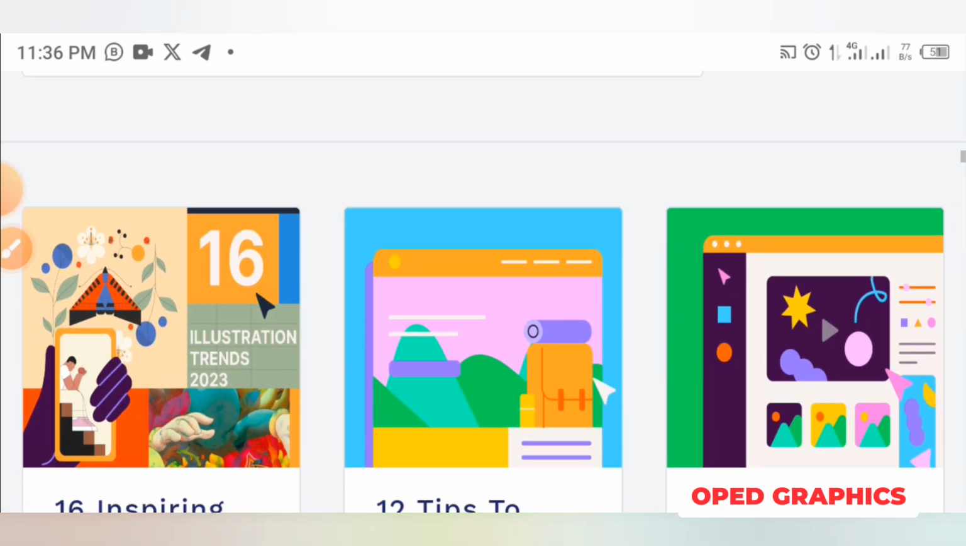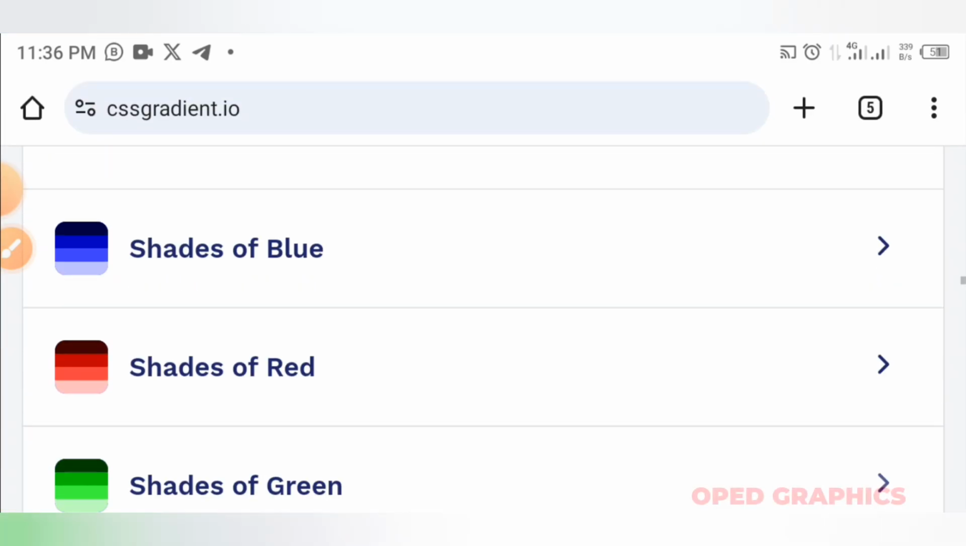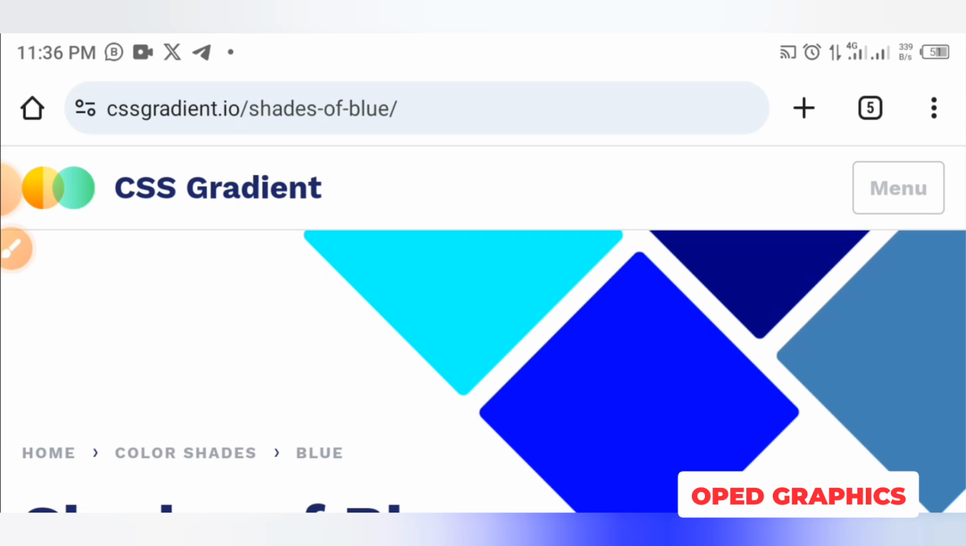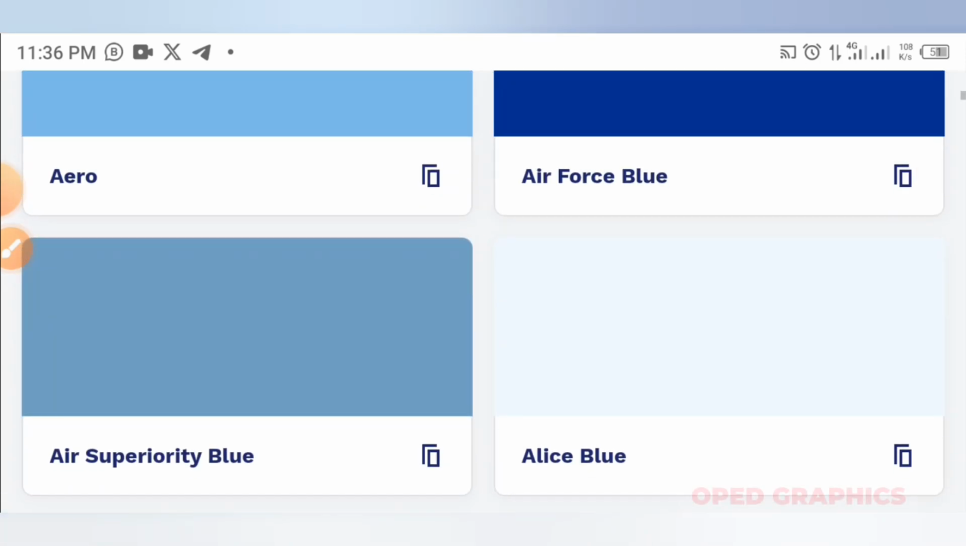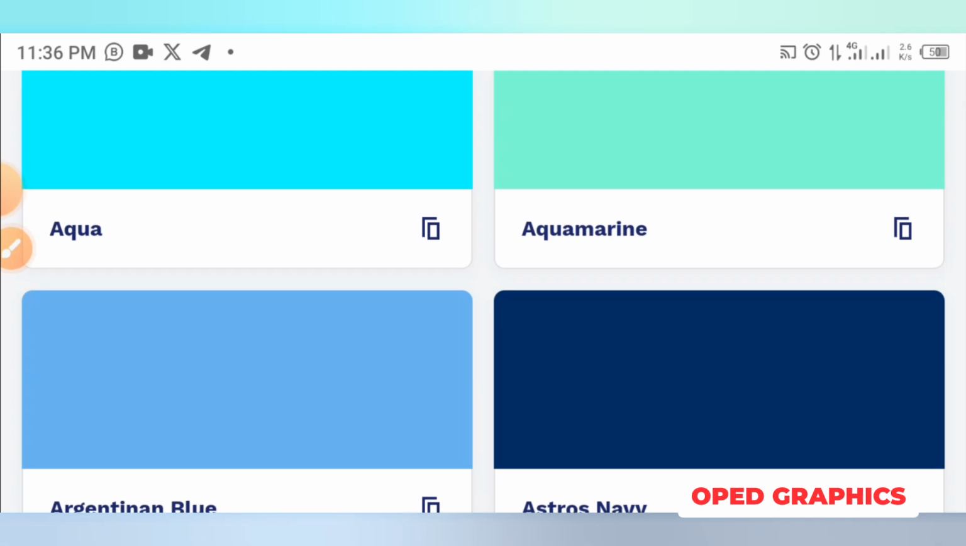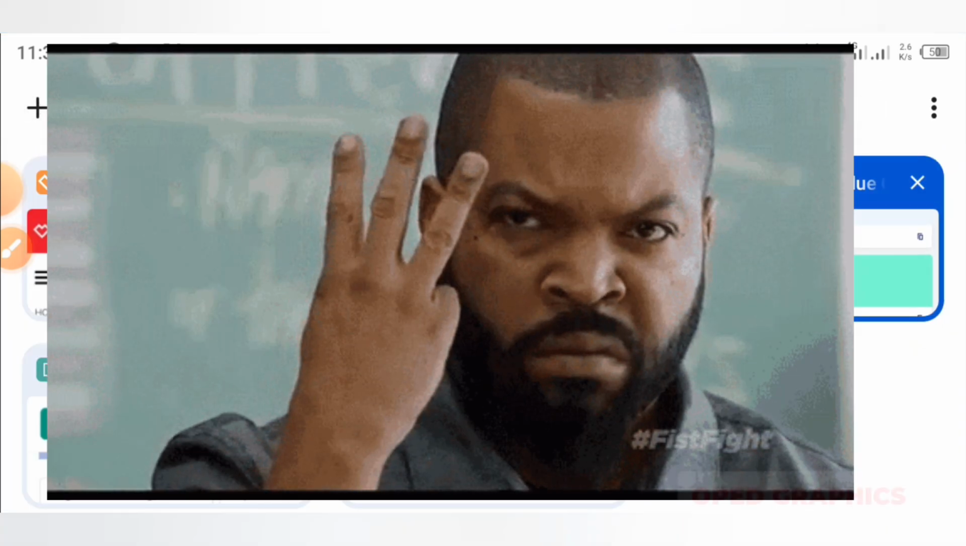So this gradient site, there are some templates that you can use also. These are shades of blue. If you click on shades of blue, you have lots of gradients that are there already, Air Force Blue, Aero, and all of that. So let me go to the third one, which I'll be telling you or showing you,